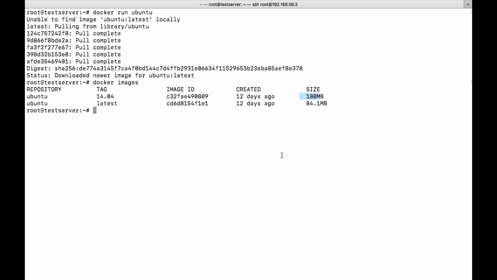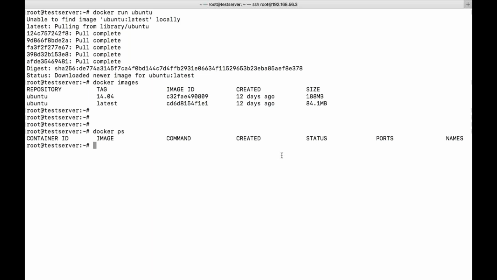If you want to download the images first, you can download using the docker pull command. If you want to download the images while creating the container itself, then directly you can mention the image name. First it will search for the image locally. If it is not available, it will go to Docker Hub and pull. After that, it will create a container. So now we can see the container got created. Let's see the ps command. It is not running in the background. So docker ps will show you only the running containers.